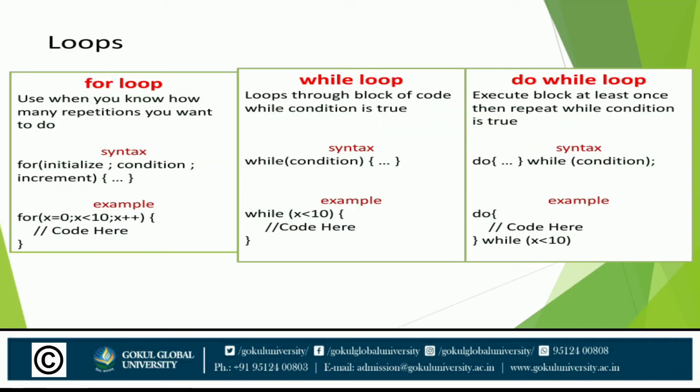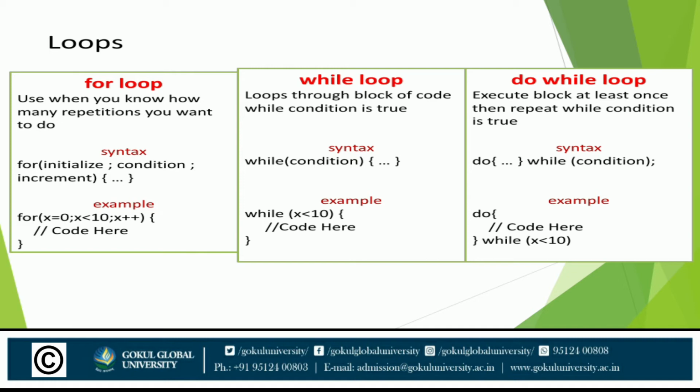In loops, we want to check how many times the loop is executed. First, we are using the for loop. Use when you know how many repetitions you want to do. See the syntax. You are using the for, then initialize the variables, then check the conditions